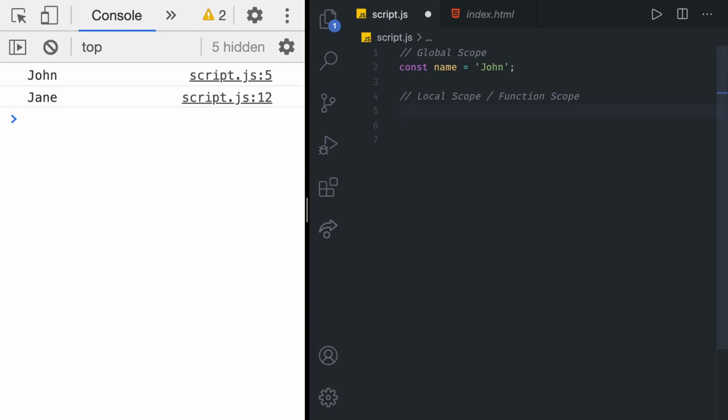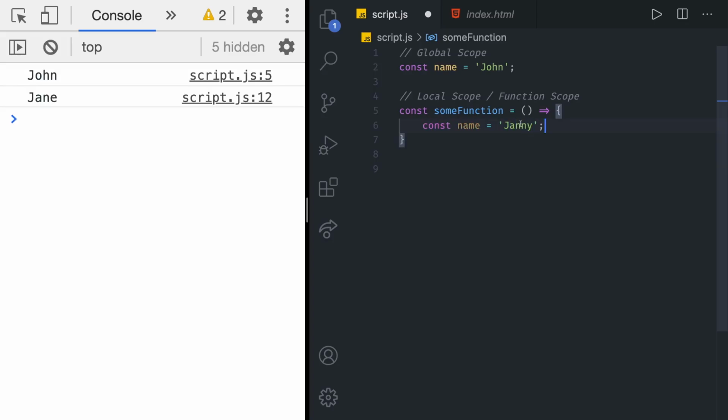Inside of here, we're going to create some function. We can name it like that, some function. And that function is going to create a variable. And this here is considered the local scope. Everything from line 5 to line 7, or more precisely inside of this block of code, is considered a function or a local scope. So if we were to declare a variable right here, const name is equal to Jenny, for example,